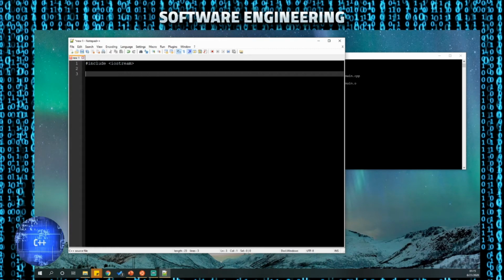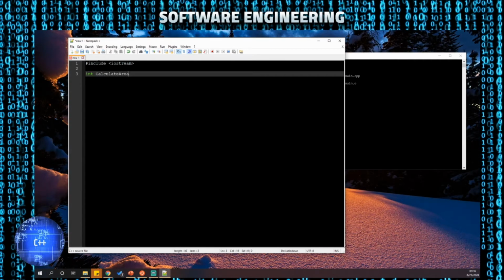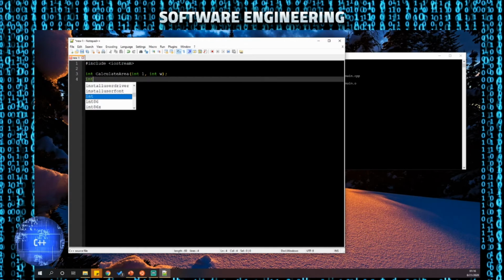So I'm going to have two functions, and I'm going to limit it to whole number lengths and widths. So we'll say that